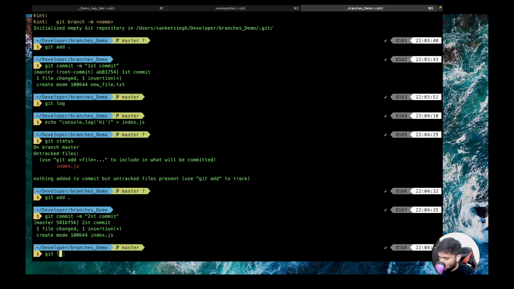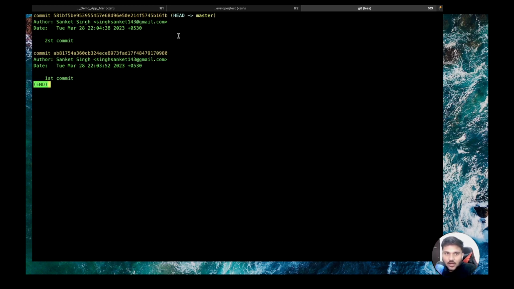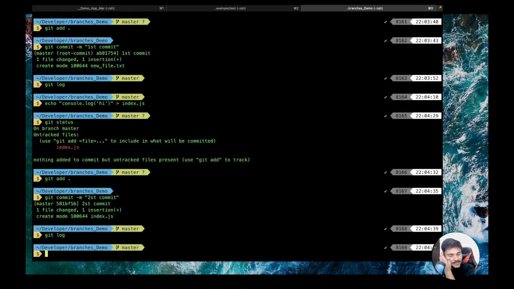Now if you do git log, you can see now both master and head are actually pointing to this new commit. That is the second commit. Okay. I by mistake wrote 2st commit. Okay. Cool. Now technically what is going on? Master is currently a pointer that is pointing to your latest commit, right? And head is pointing to your current branch, which is the master branch, and master is pointing to the current commit.